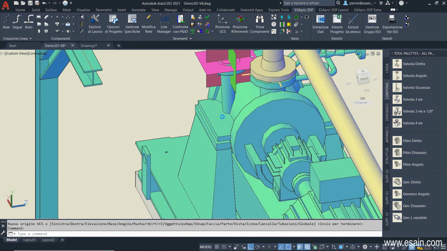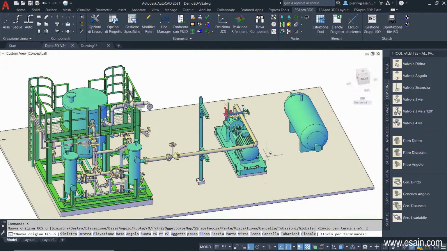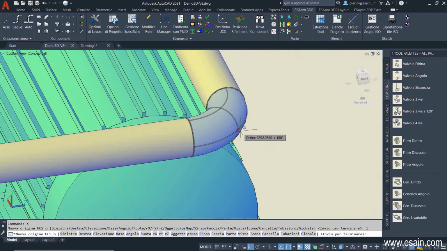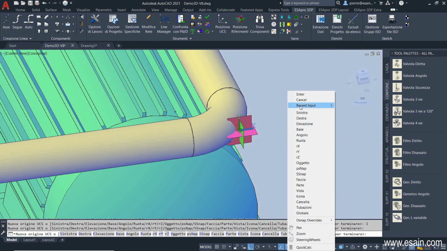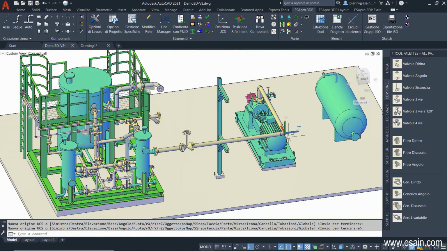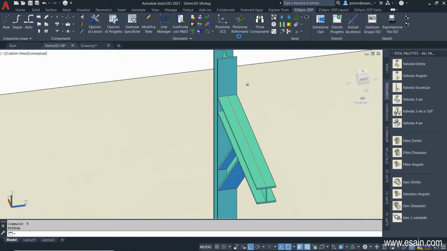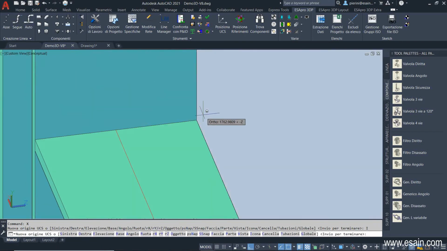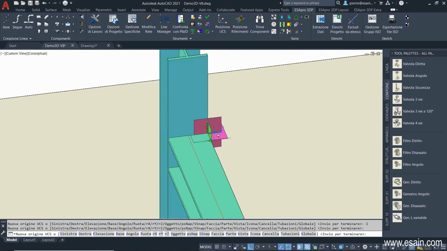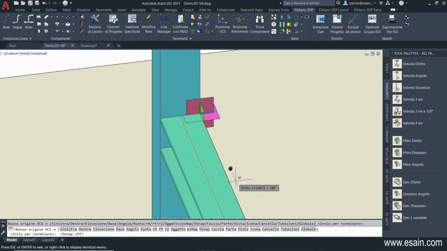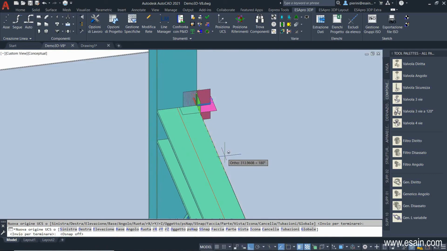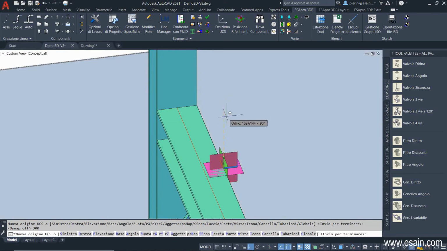In this case, it's an ending point, the nozzle, and another point is the axis of this pipe, because the line we want to draw must be exactly aligned with this existing one. Another reference point could be a point taken on this beam. Then click a normal AutoCAD point, type a distance from the point, 300 millimeters, and then we go up by 150 millimeters.